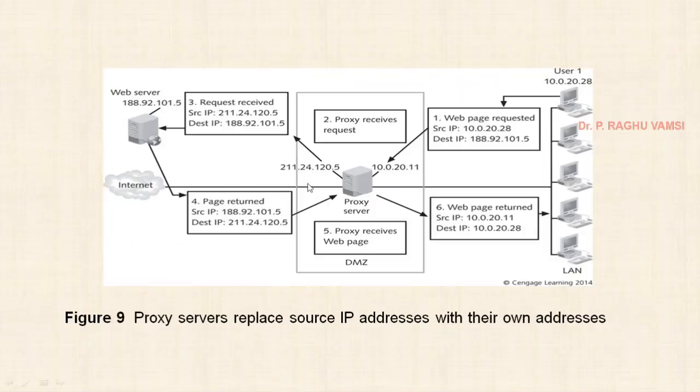So the traffic which is coming from the internet is handled by the proxy server. A web page request has the source IP 10.0.20.28 and the destination IP 188.192.101.5. This is going to the public IP address. Then this web page request will come here, and the proxy receives the request. The request is received as the proxy server's IP address. So instead of 10.0.20.28, it will cover up this local address with its own address